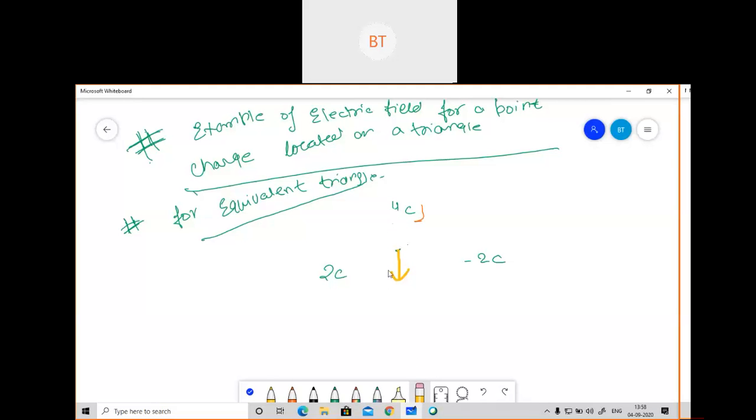So see, it will be in the downward direction only. Two of you have given the correct answer. It will be away from the positive charge, so the downward direction only. This direction will be there. And because of this 2 coulomb charge, if I write here E4C, I'm representing this 4 coulomb charge, and because of this E2C, it will also go away from it. So for this also I should write here E2C.